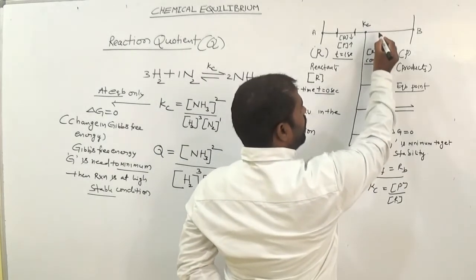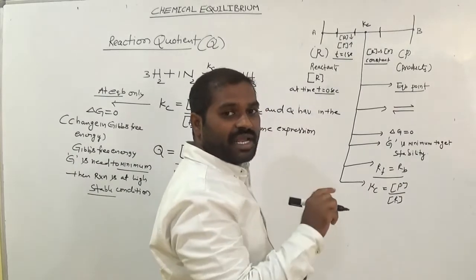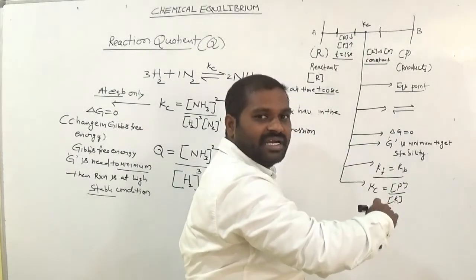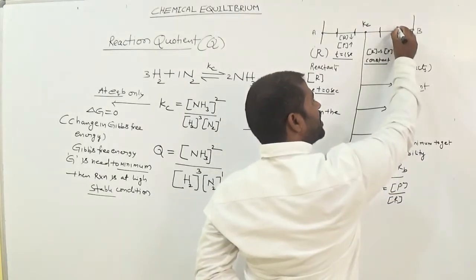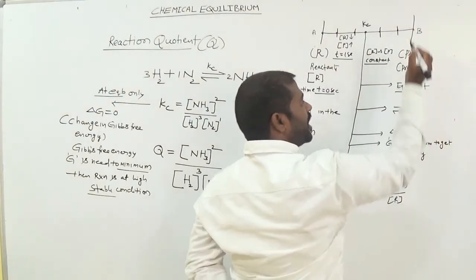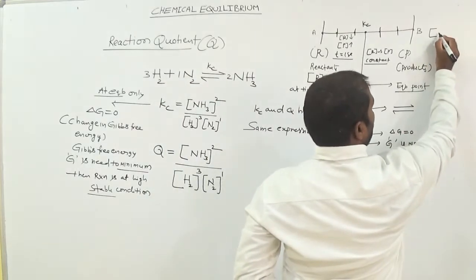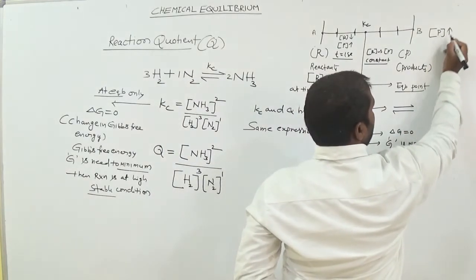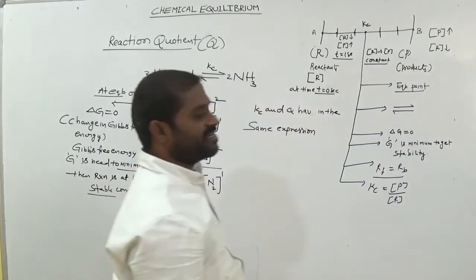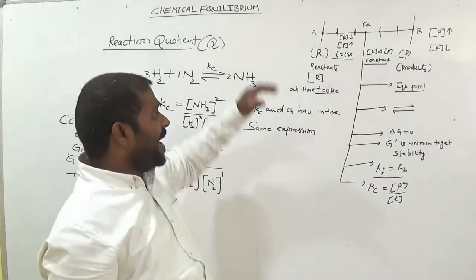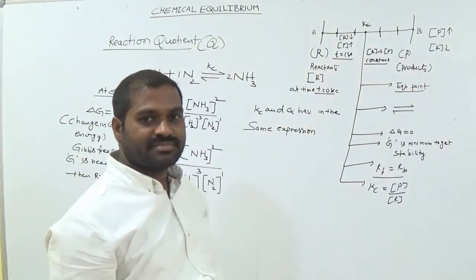After this point the reaction, here also, what happened? Reactants concentration decreases, product concentration increases again. So this point is also the same. At this point B, what happened? We get maximum product concentration and maximum decrease in the reactants concentration, am I right? Almost maximum reactant is converted to product at point B, am I right?